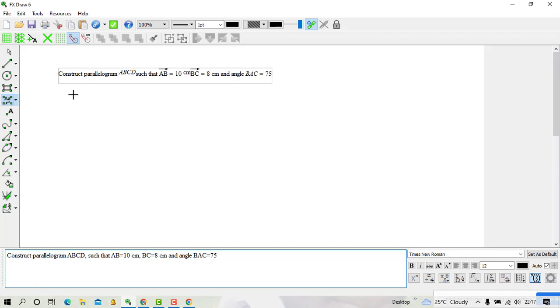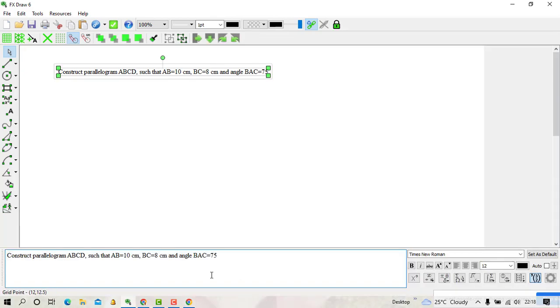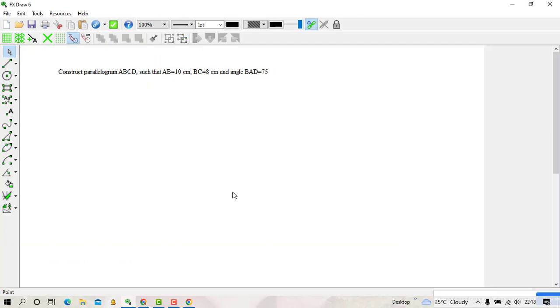Good. So construct parallelogram ABCD such that AB equals 10 centimeter, BC 8 centimeter, and angle BAC is equal to, it is BAD, not BAC. This one should be BAD. BAD is equal to 75 degrees.